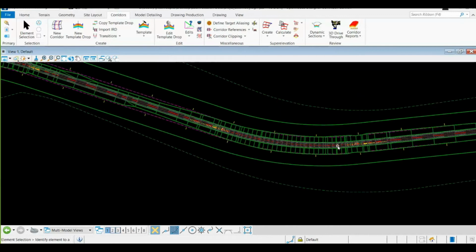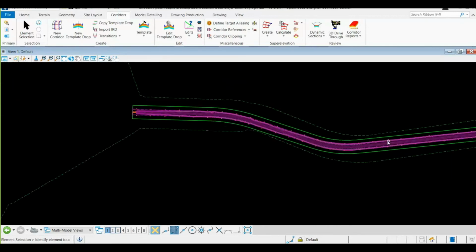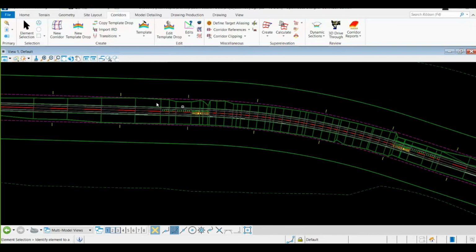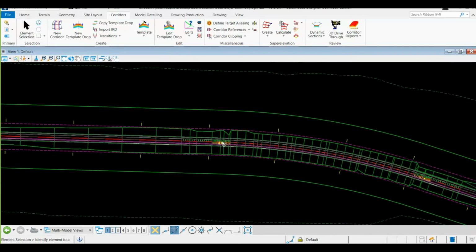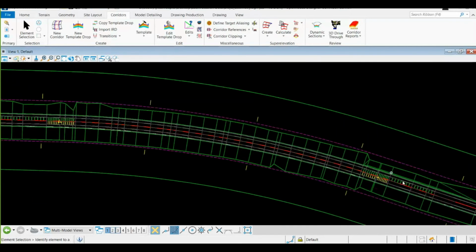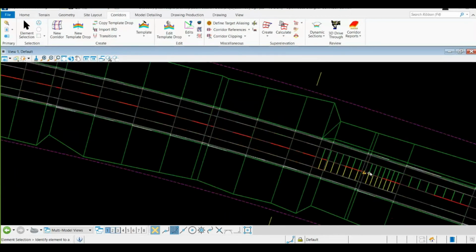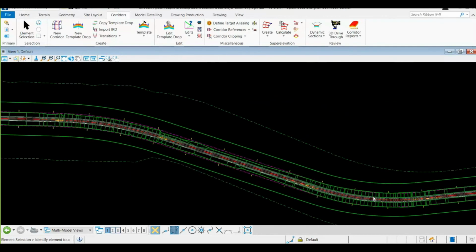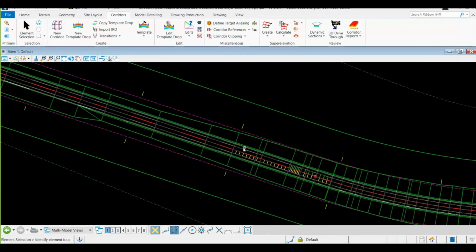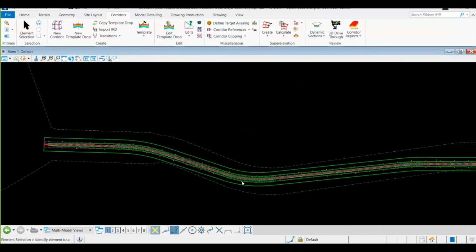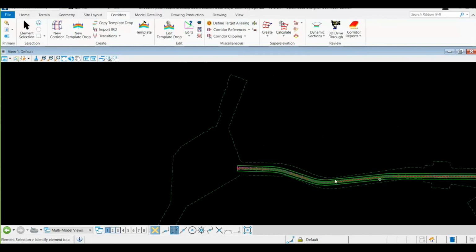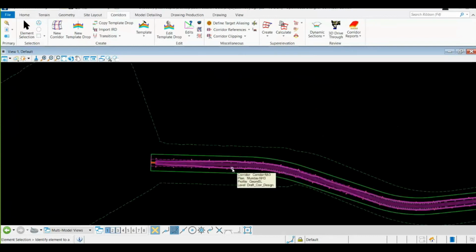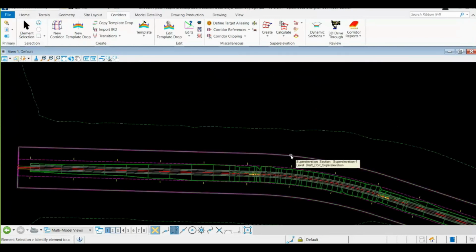How to see them? How to confirm that you have successfully applied a super elevation? When you zoom in towards any curve area, at the curve start and curve end, you are going to get such vertical lines. And if you zoom in more, at every curve we are getting them. So just understand, for better visualization, we can even show them in a color form.